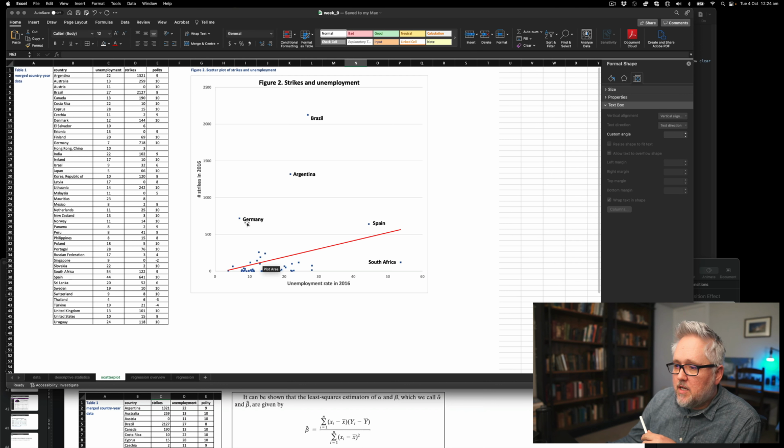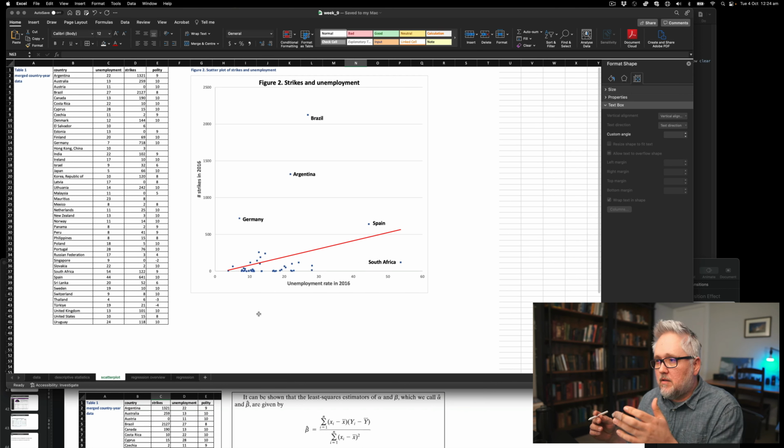And you had Germany with a higher than expected number of strikes given the lower unemployment rate. And you have Brazil here as a clear outlier, Argentina and Spain as well. Again, this moves from just descriptive statistics about one variable to an initial first cut analysis of the relationship between these two variables.